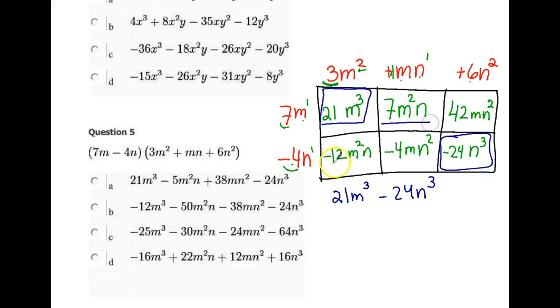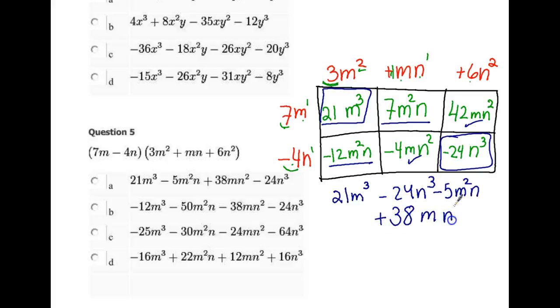And be careful because you could confuse the terms. So 7 minus 12, put in the calculator if you're not sure. But 7 minus 12 is negative 5, and the variable stays the same. And then 42 minus 4 is 38